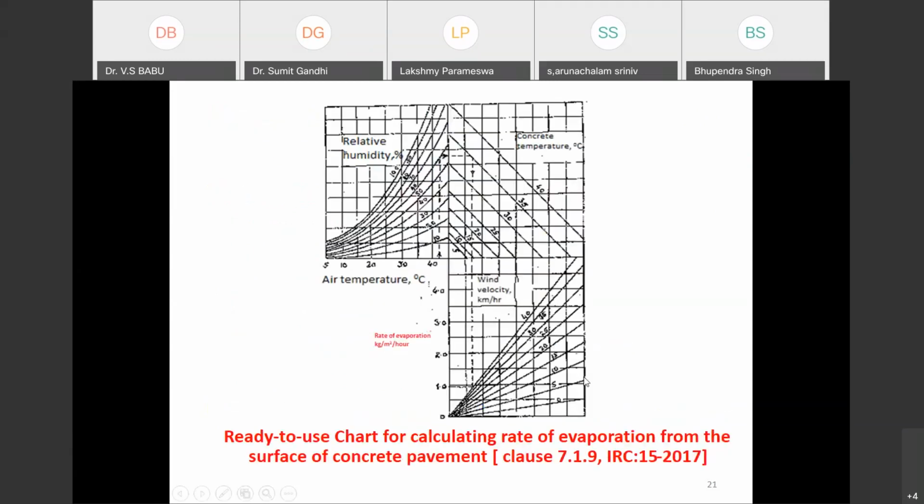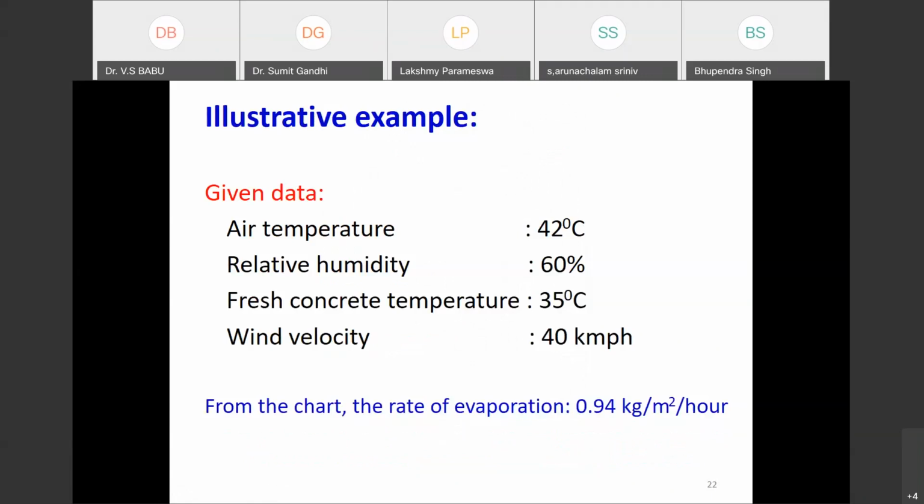Are all of you looking at my cursor? Suppose the air temperature is here. I am picking the air temperature of 42 here. From this, I am moving forward to the top, and I will touch the curve. The relative humidity is 60%. So I will touch the